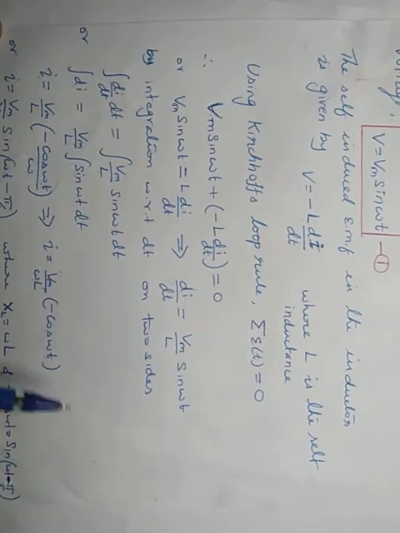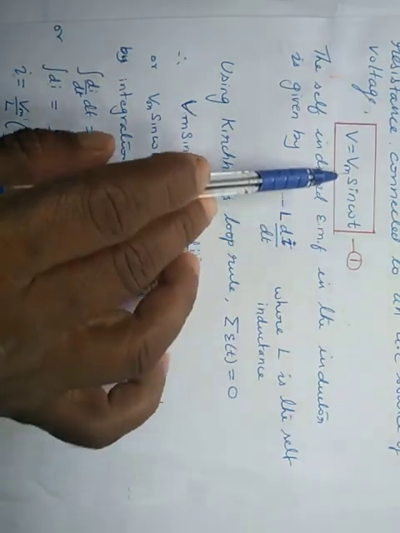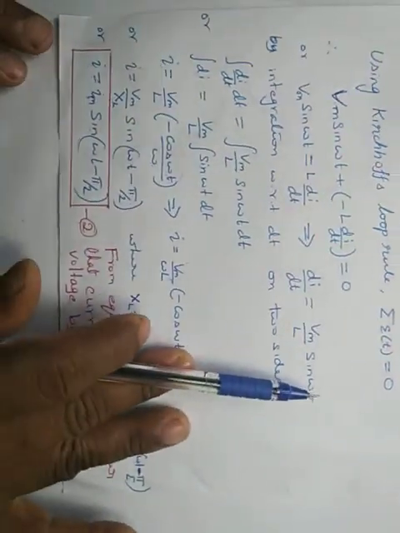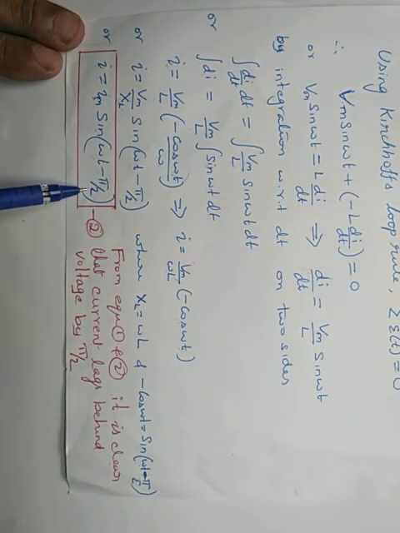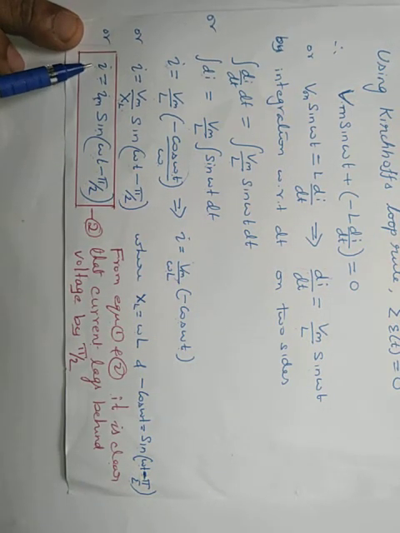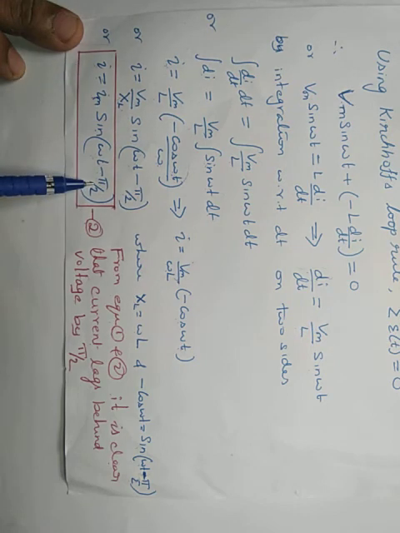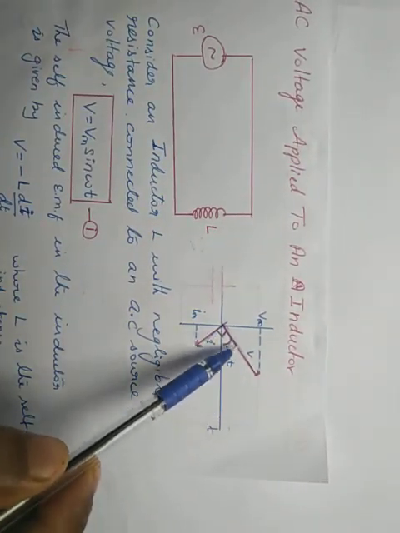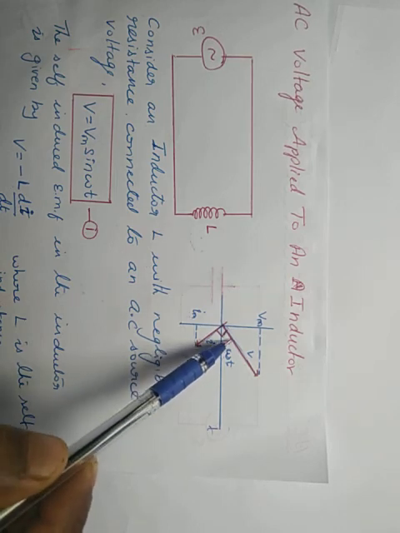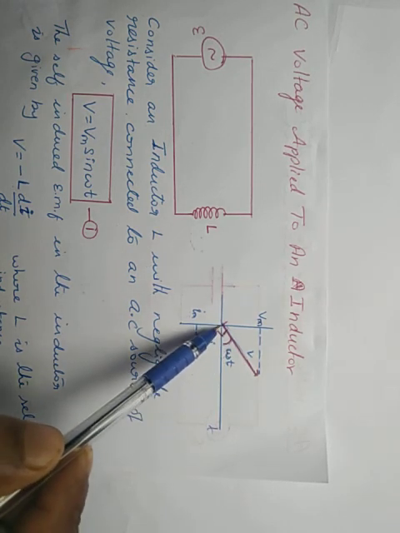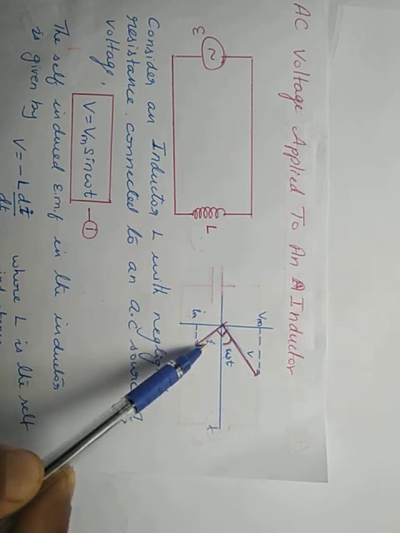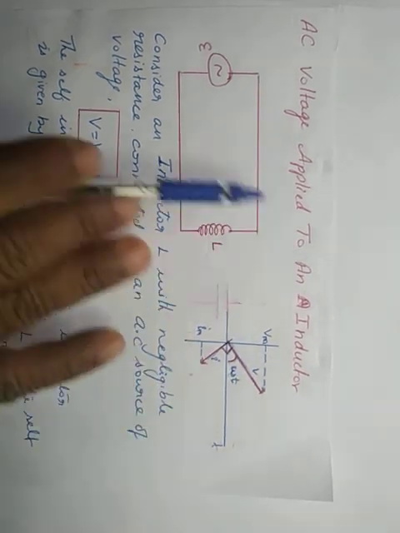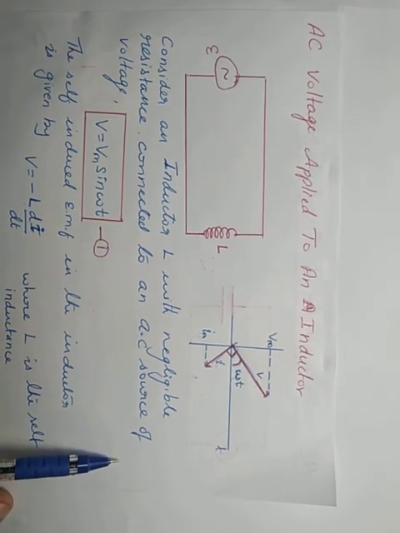Now you have to compare the phases of voltage and current. The phase of the voltage is omega t, the phase of the current is omega t minus pi by 2. It is clear that the current lags the voltage by pi by 2, or voltage leads the current by pi by 2. Then you have to draw the phasor diagram. Bigger line represents the voltage, smaller line represents the current. The phase for voltage is omega t, but current lags the voltage by pi by 2. So these three different derivations are very important for your exam purpose.